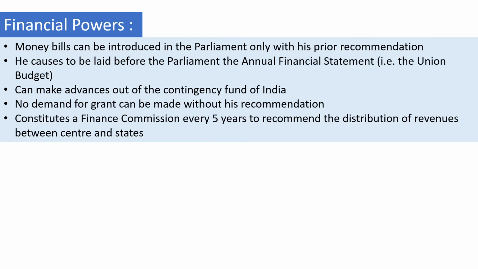In the financial powers of the President, no money bill can be introduced in Parliament without the prior approval of the President. The President causes to be laid before Parliament the annual financial statement, otherwise called the budget. The President can make advances out of the Contingency Fund of India. The Contingency Fund is the fund reserved for adverse emergency events. The President also constitutes a Finance Commission every 5 years to recommend the distribution of revenues between the Centre and